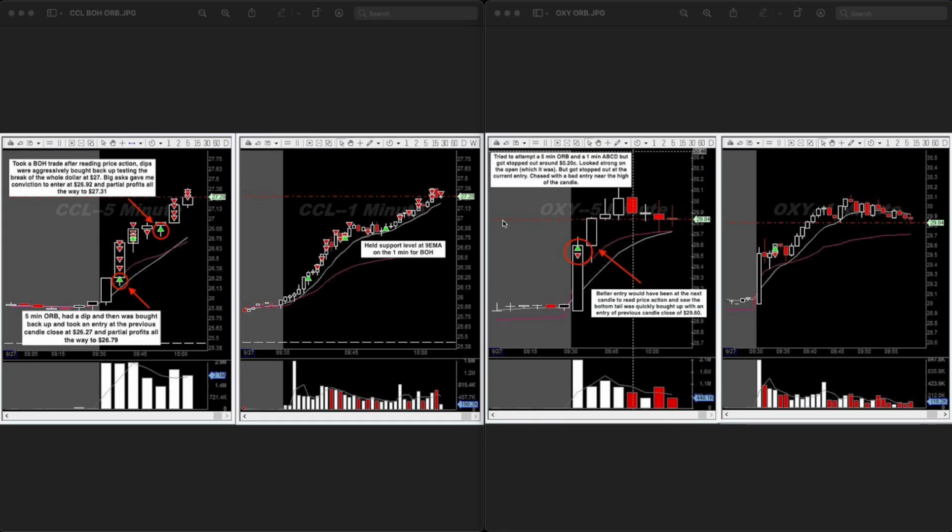Moving on over to my worst trade, which was OXY. If you heard what I just did here on CCL, I should have done that here on OXY. If we take a look here, I waited for this candle, and on OXY, I decided to chase. If I had just done the exact same thing I did on CCL over on OXY, I would have had